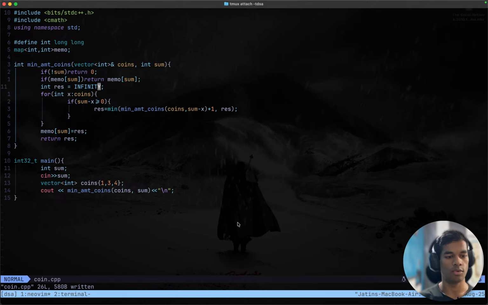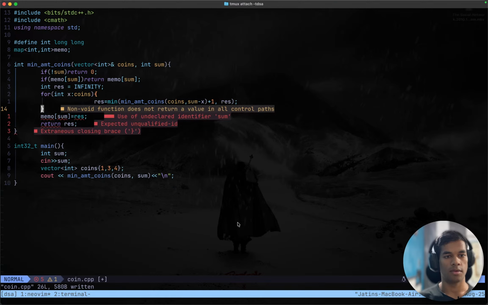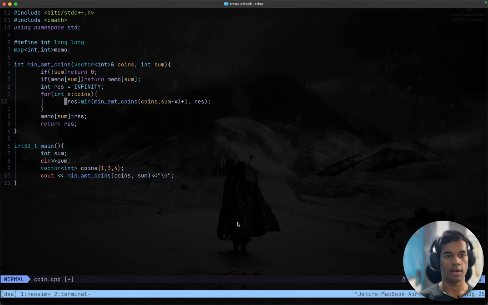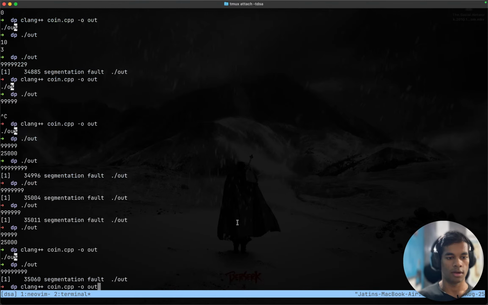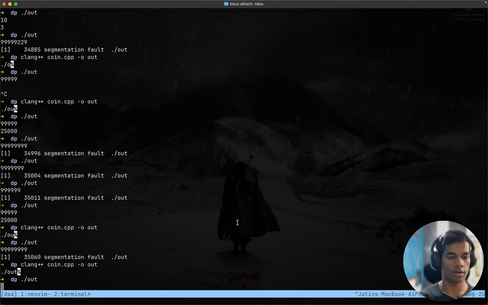Shit, we actually do have infinity, which is cool. We can do this because if this thing returns a very big number, we do not have to choose it. We are going to choose our res. So we do not have to see if it is smaller, and this should still work,